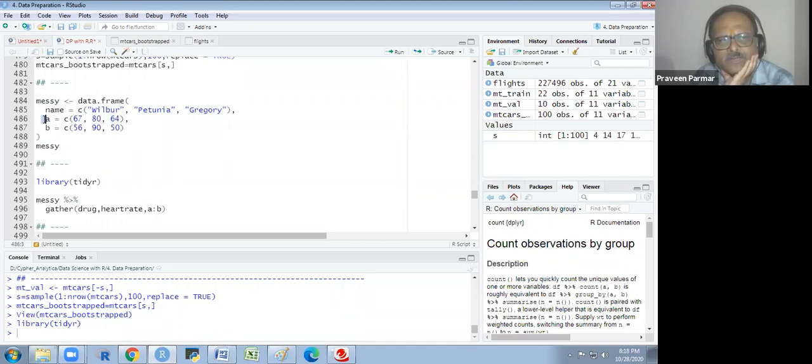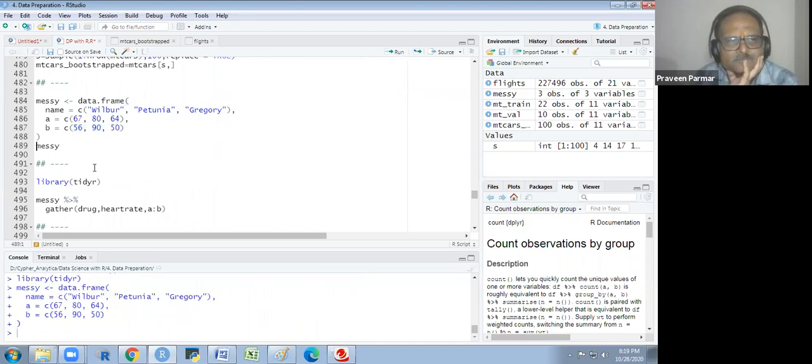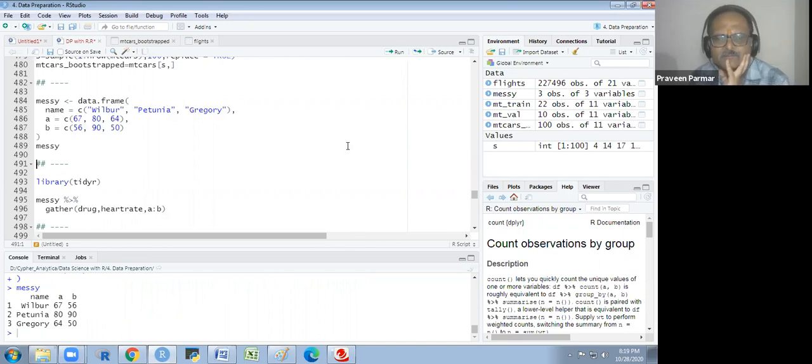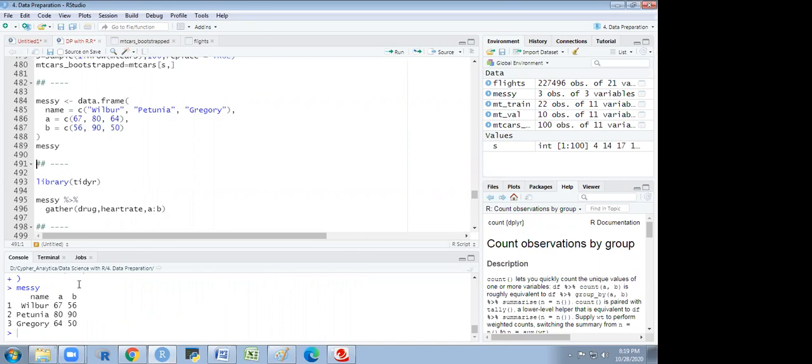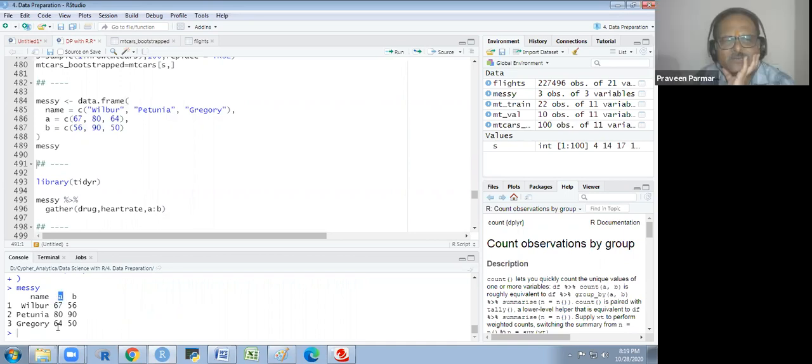If we give the A treatment, their heart rate is this, and if we provide the B treatment, the heart rate is this. Got it? Yes, sir. If I give this tablet they have this, and if I give this tablet they have this change in heart rate. Okay.